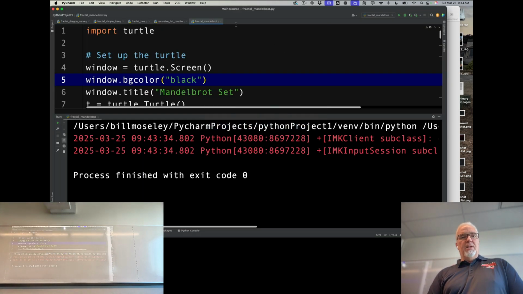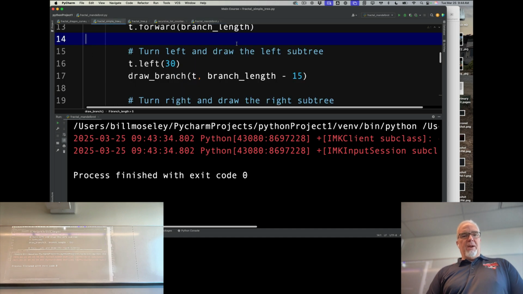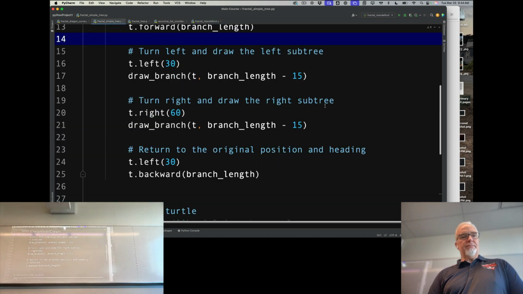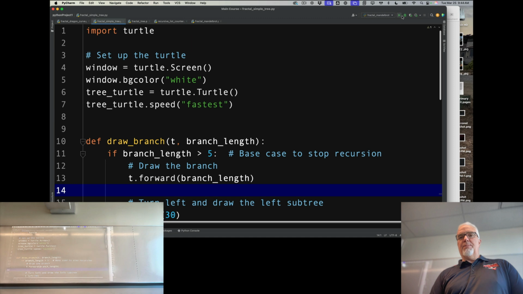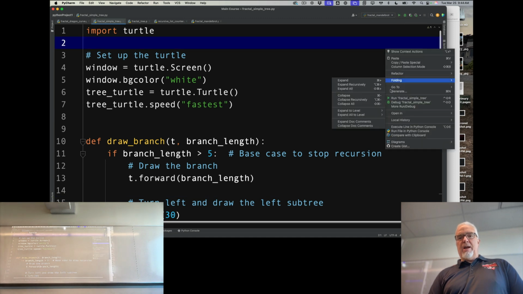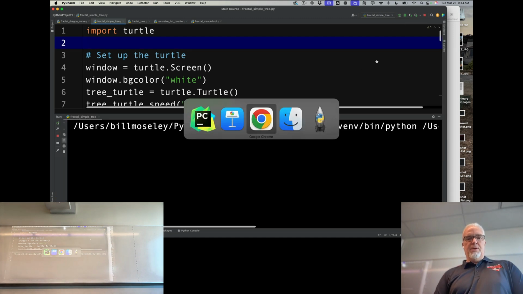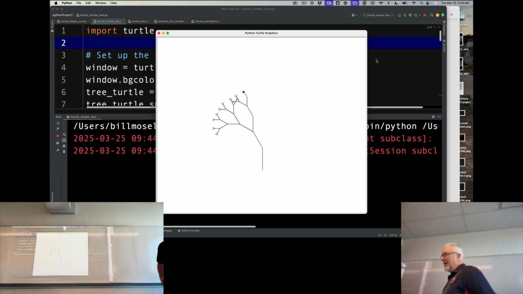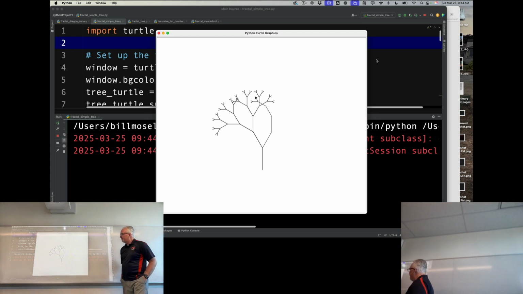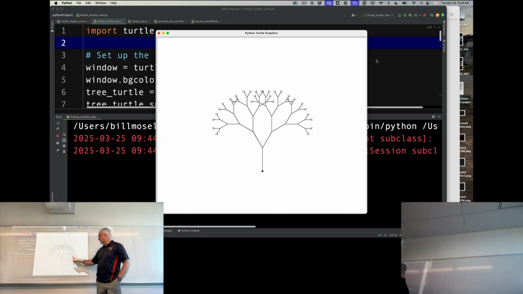And if I want to go really simple, here is a very simple tree fractal. And you can see how it's drawing it. Okay, so every branch splits into two until it reaches a certain size. But every branch calls itself a couple of times. So we draw this simple tree shape